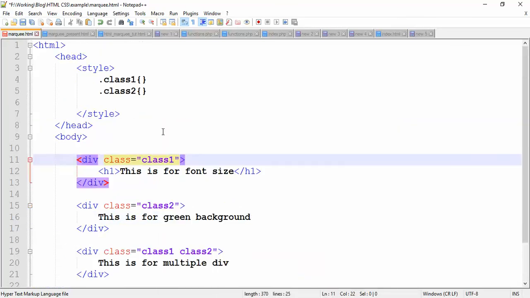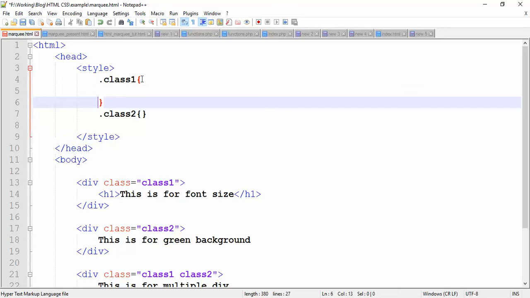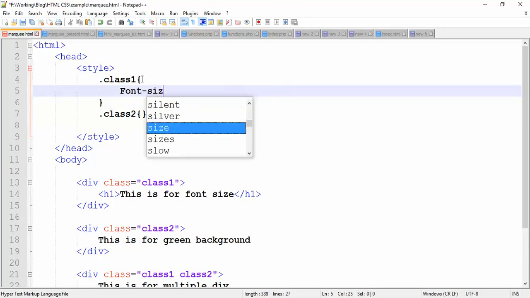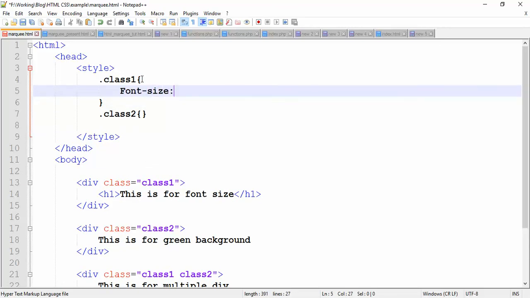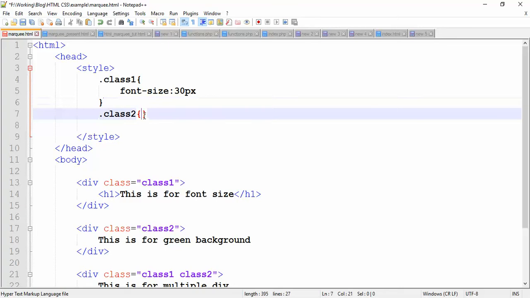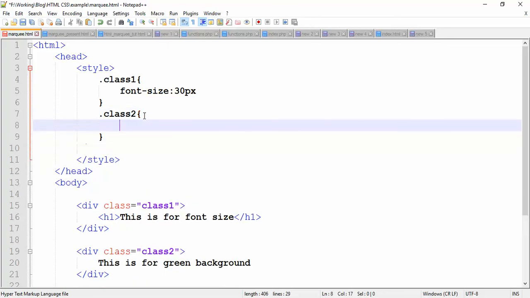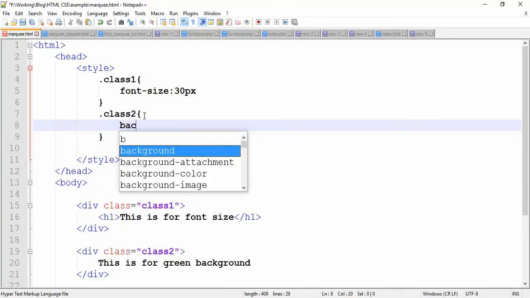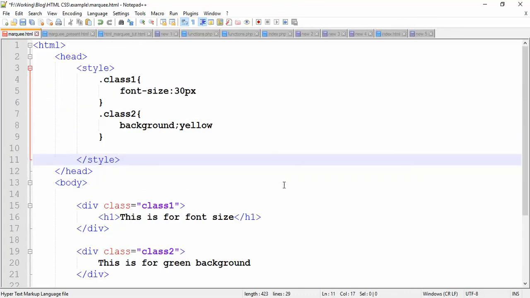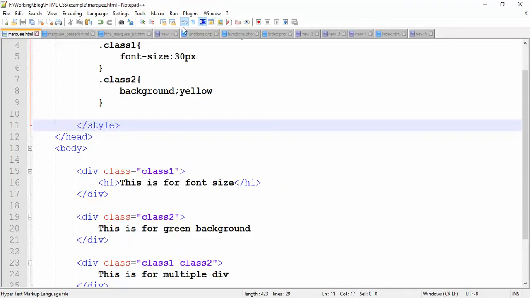Now in our class 1 we want to add the font size rule, so font size is 30 pixel. Okay, and for our class 2 rule we want the background color to be yellow. Okay, now Control S to save and run with your browser,